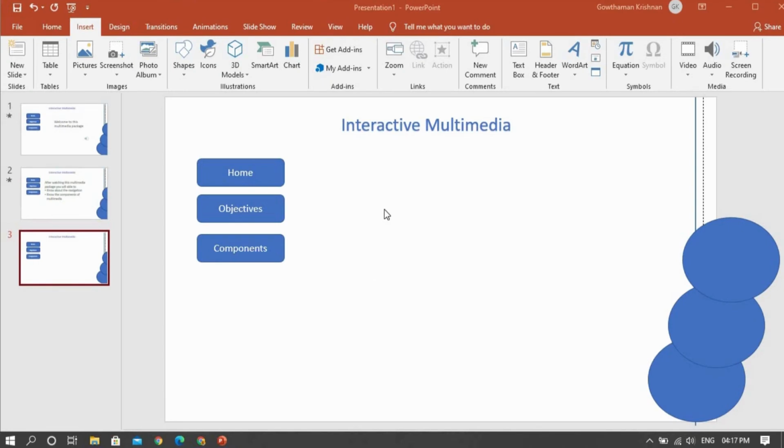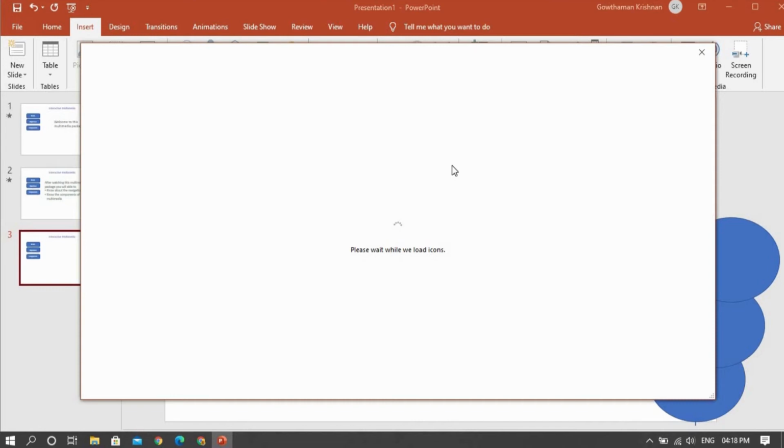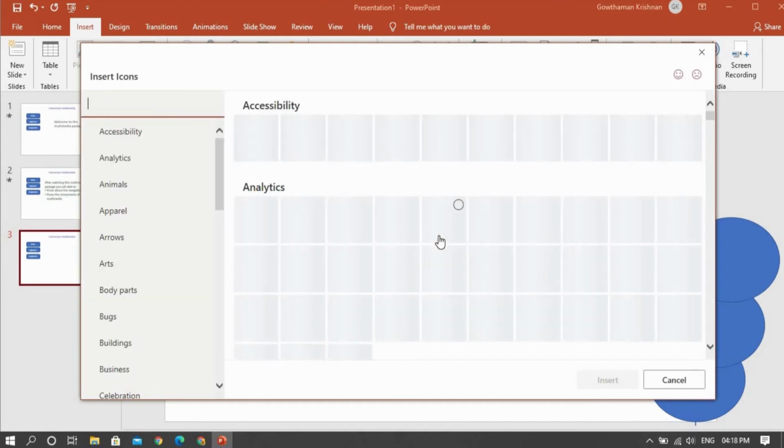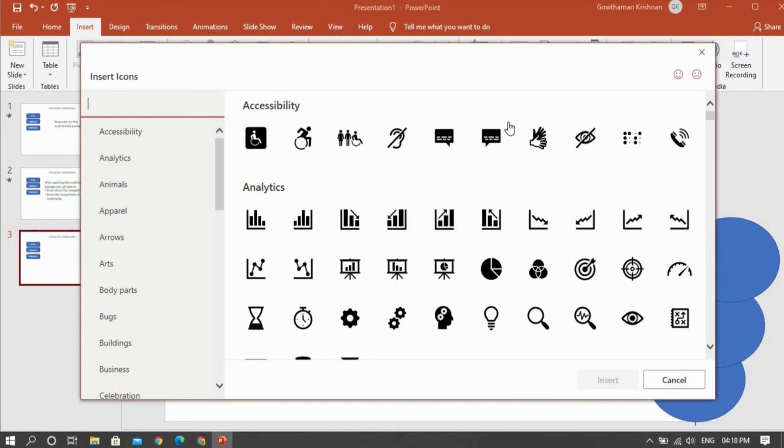Now let me include some components like icons, so that they can be hyperlinked with the other pages. So you can click the shape button, or otherwise you can click icons, where you can select any icons from here. For example, I can type here, audio.